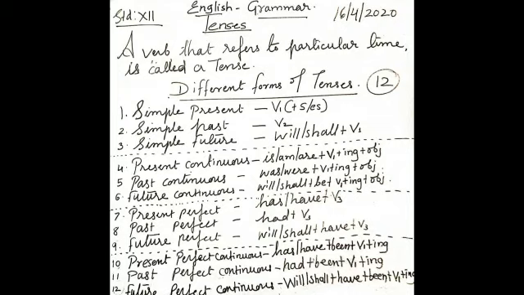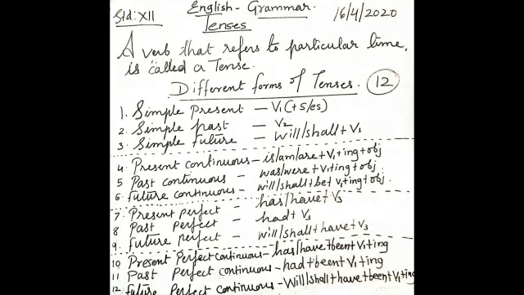Next is present perfect tense, which indicates an action completed recently. That means completed activities in the immediate past. Let me tell you some examples. He has completed the given task. It has just struck 10. He has just gone out. These are all the examples of present perfect tense.